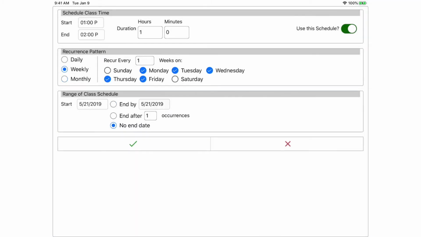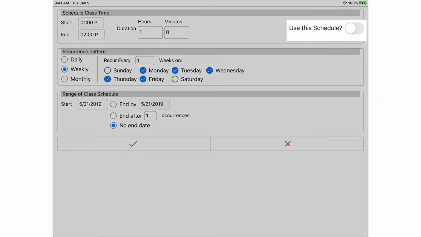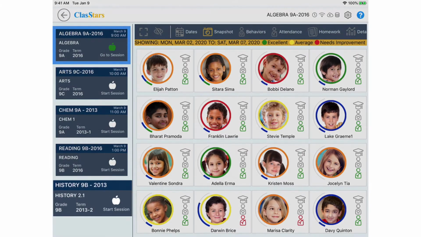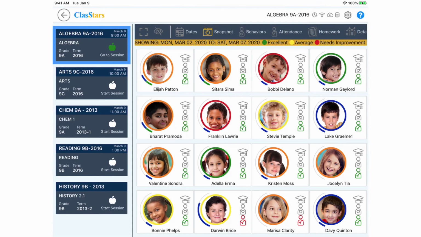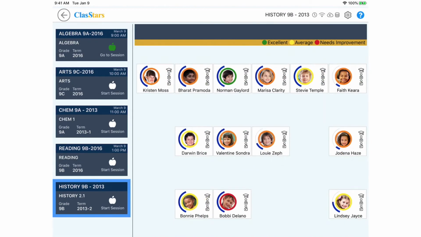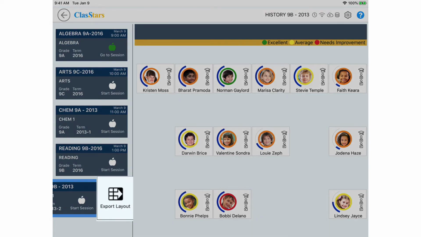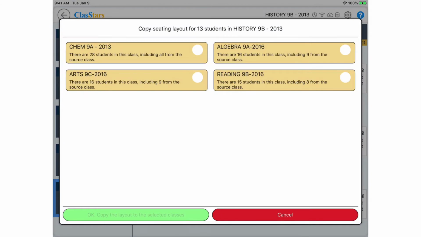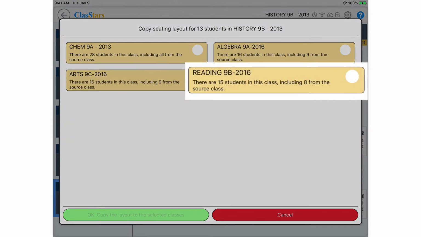If at any time you don't want to use the schedule, tap the switch here to shut it off. If you selected a class, you can swipe the class tile to the left to export the class layout from this class to another class. Select the classes you want to export the layout to,